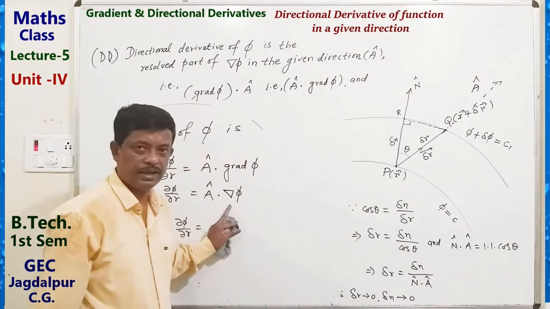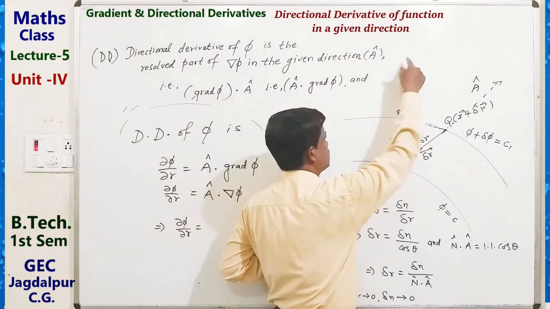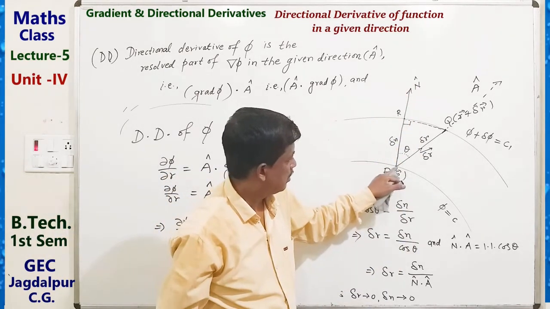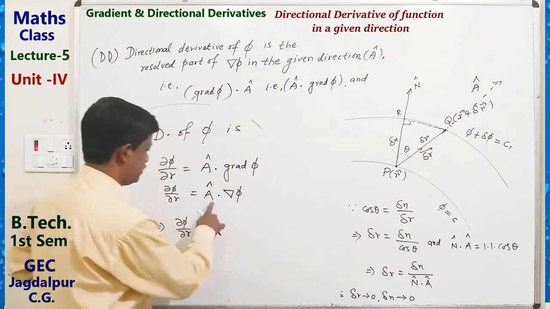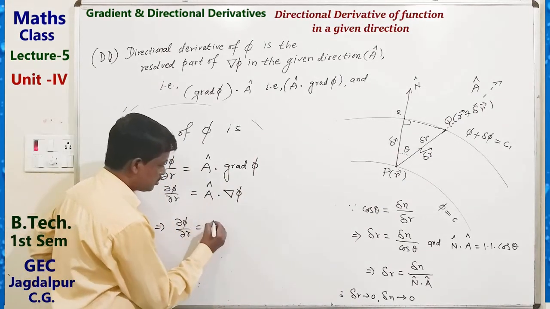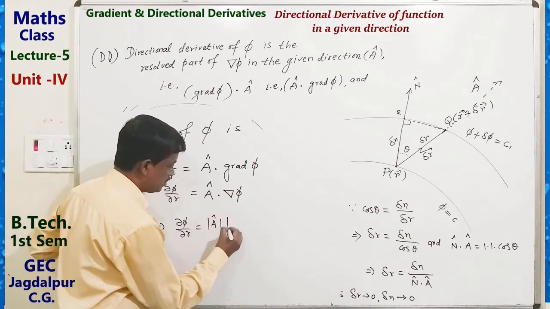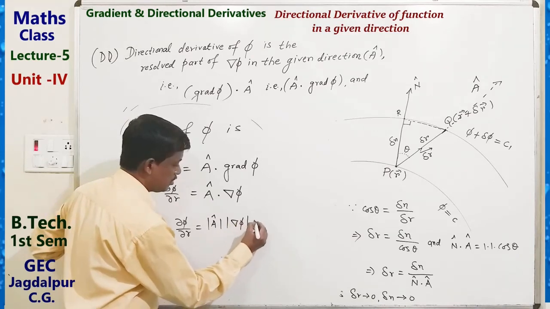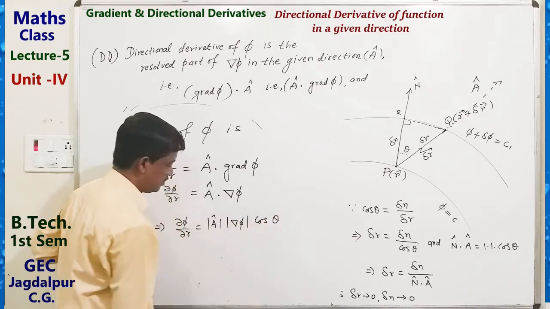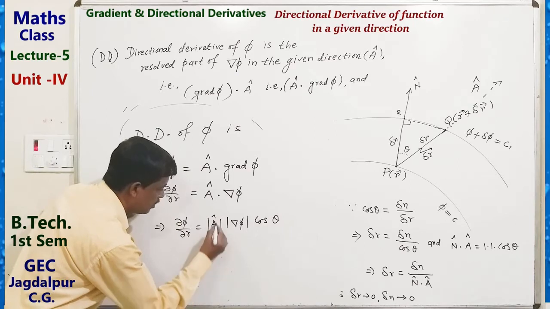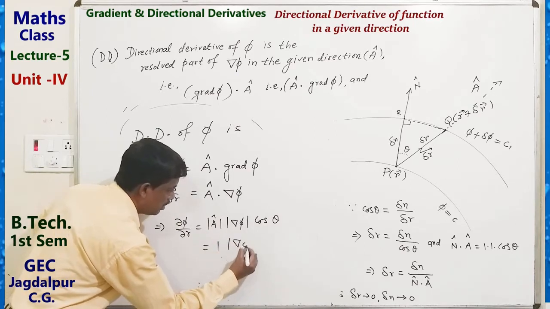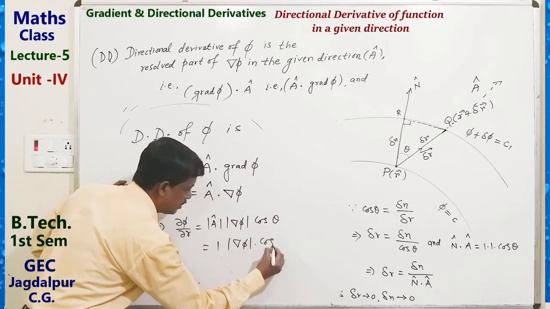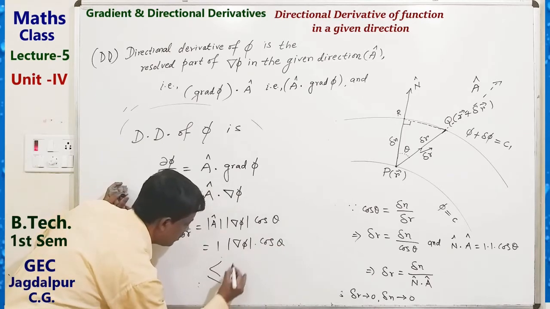We know del phi is along this direction, and a cap direction is this. So here this is equal to what? A cap dot del phi equals modulus del phi cos theta. We know a cap is 1, so this is mod del phi cos theta. Now this is less than or equal to mod del phi,